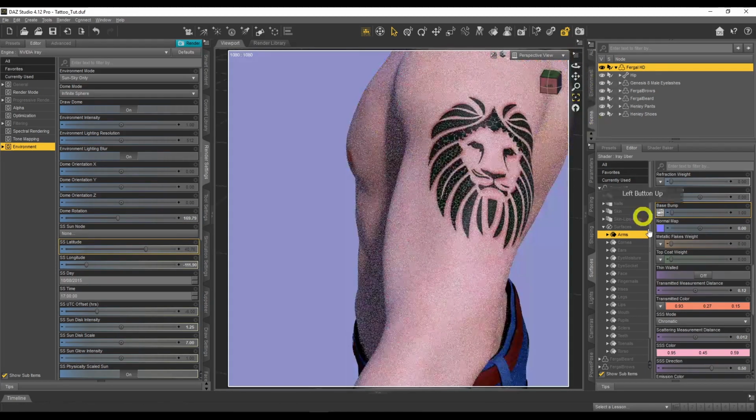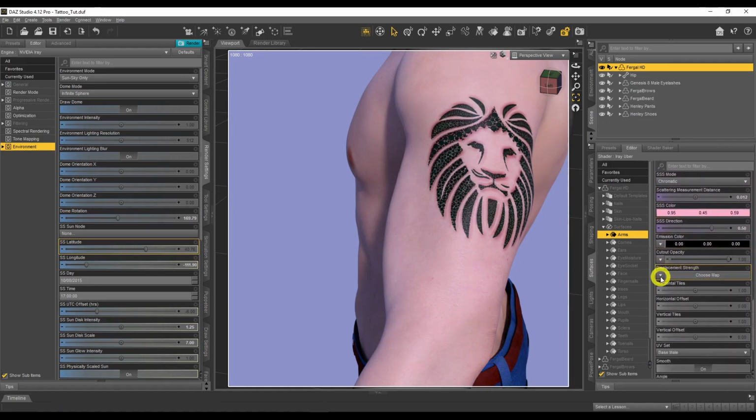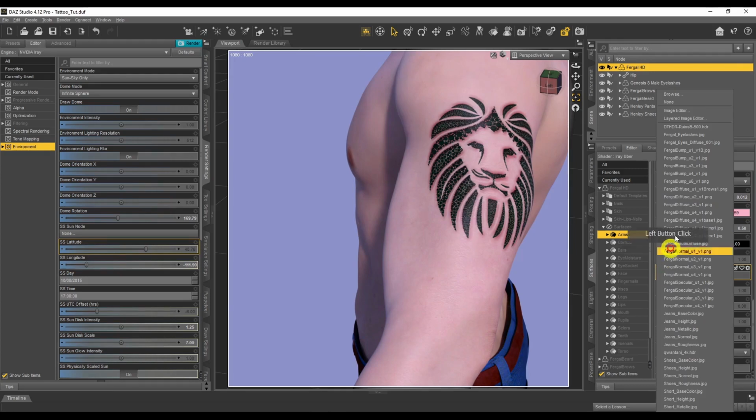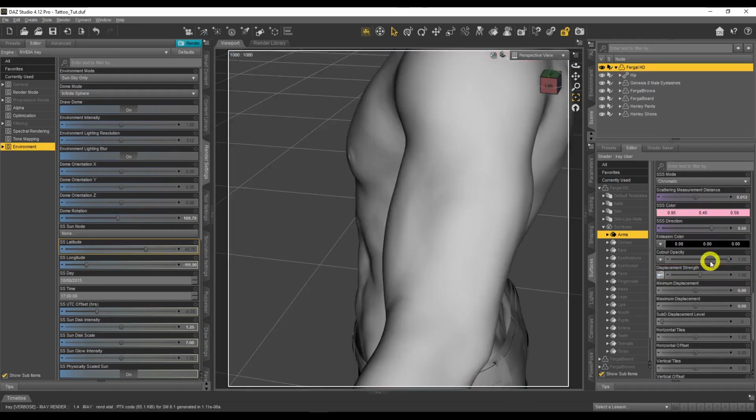Quite happy with that. So what we can do now is add some displacement. Displacement will give it a slight bit of displacement on there, which is a good idea. So again, displacement strength here. We're going to click on the button here and choose the actual bump map. There it is. And again, we want low displacement, because if you have high displacement, you'll see that it just